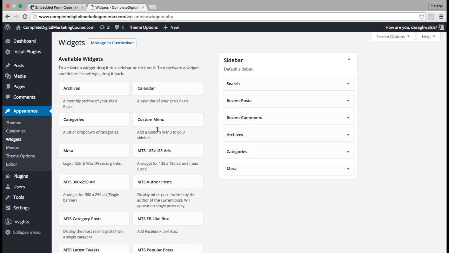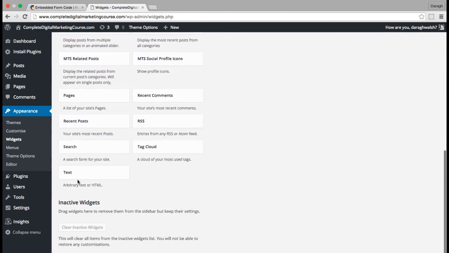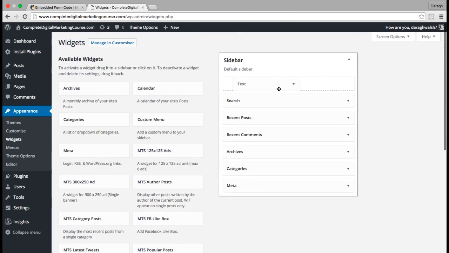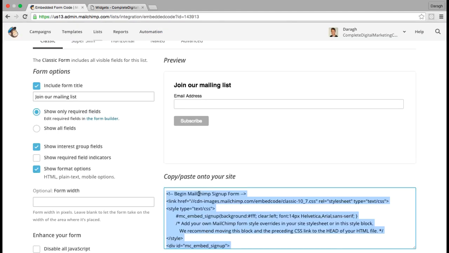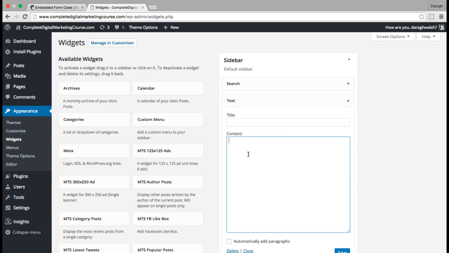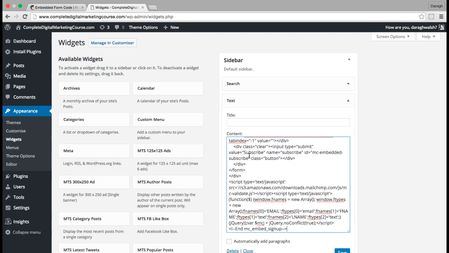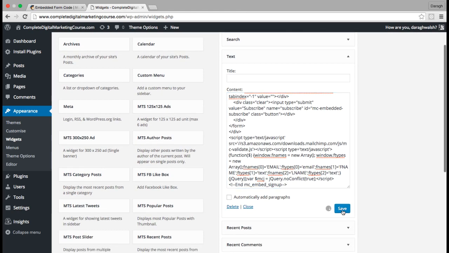The search was at the top. So I'm going to scroll down and you should find, no matter what type of WordPress theme you're using, a text widget, arbitrary text or HTML. And simply I can just drag and drop this into the sidebar. And now this is the place where I can paste in the code. So I'm just going to copy this, paste that in, click save,